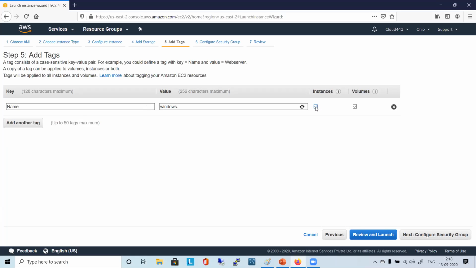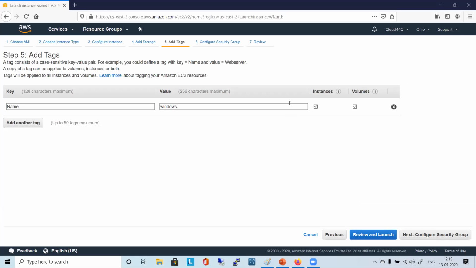This tag will go to instances, and it can also go to volumes. You choose whether you want it associated only with your instance, or with the volume as well. You can add additional tags as well. I don't know why it is refreshing.